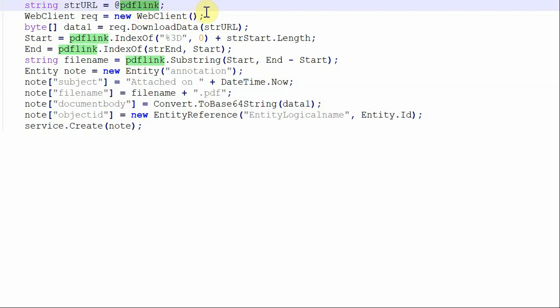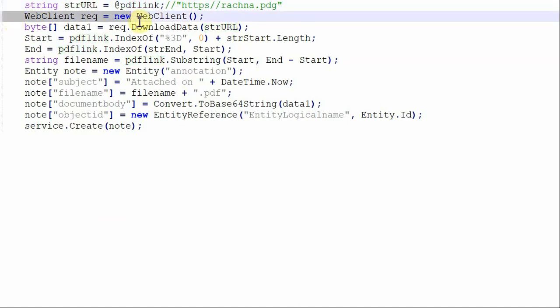Suppose you have a requirement where you are given a PDF link, https and so on, with some name like rachna.pdf, and when you hit this link it downloads the attachment into your local system. You want to convert that link to the PDF format. What you need to do is pass the PDF link as a string URL, and you need to create the web client.